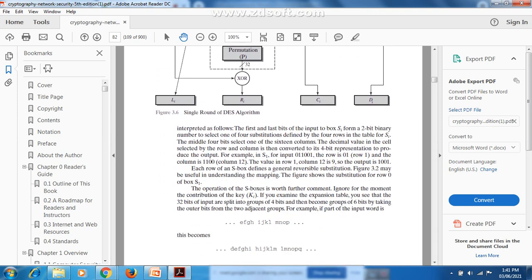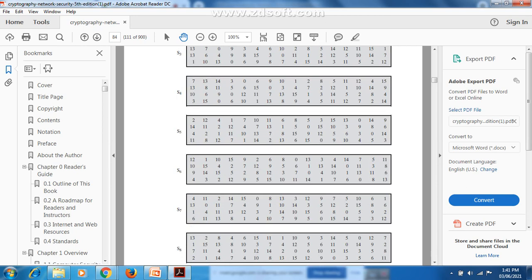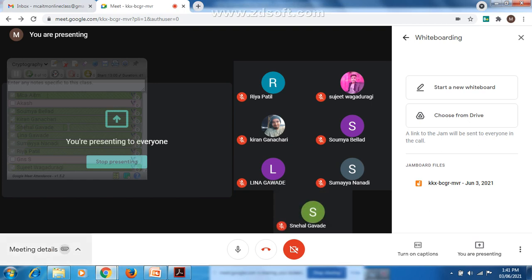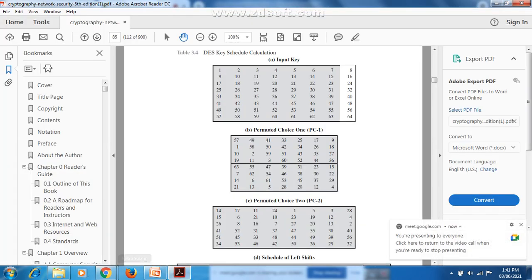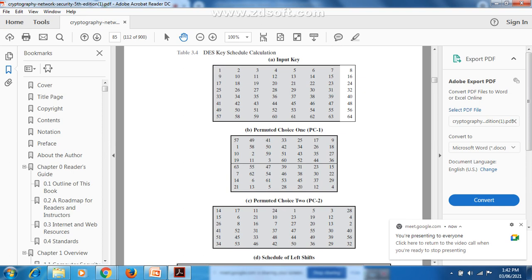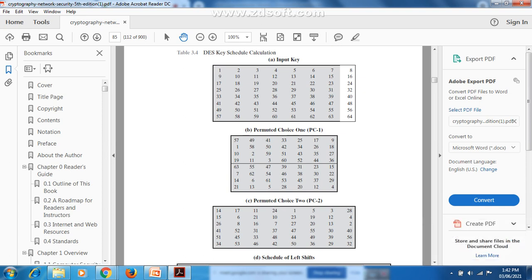Is that clear? At each round, whatever two halves you are getting will be separately subjected to the circular left shift. Then after that you are going to perform the permutation. That is going to produce the 48 bit key. Clear? Again performing a permutation, it is reducing the key size from 56 to 48. How that can be done? Again for that the tables are given. Just you can refer to those tables, guys.